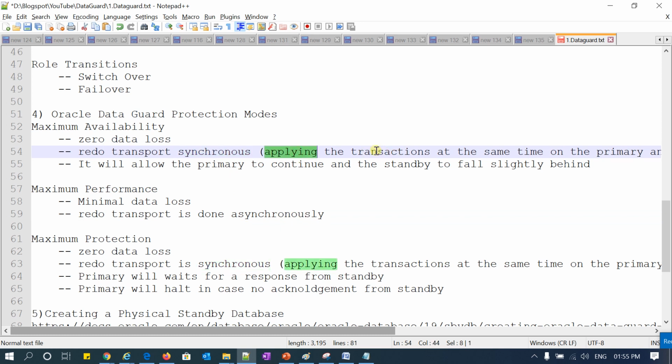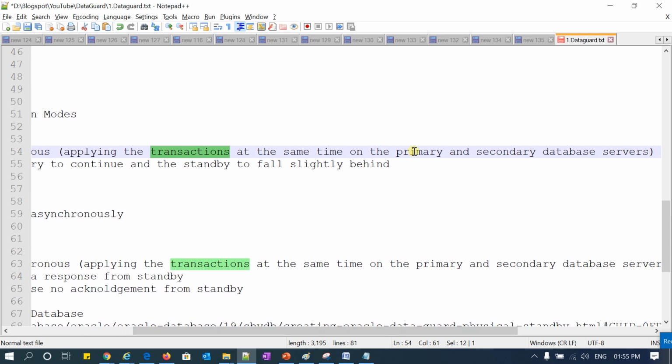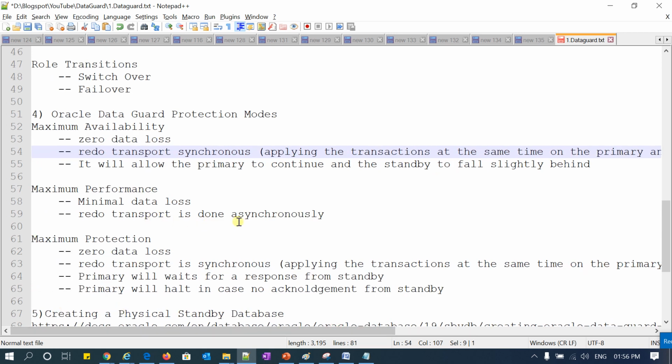Synchronous means that whatever transactions are happening at the production side are applied at your primary side and secondary side at the same time. Those transactions are immediately written at your production site as well as the DR site. Immediately you are going to write it. So that is called synchronous.